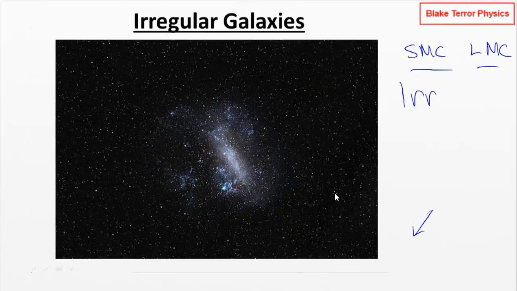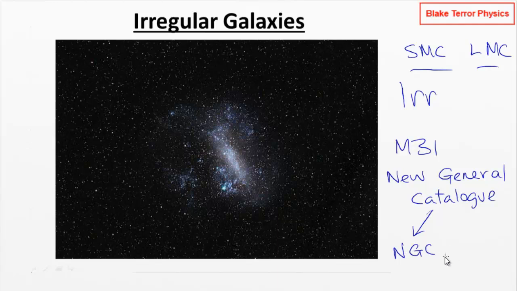So there you go. In terms of actually giving names, some of these galaxies have actual names, you know, Andromeda Galaxy, Pinwheel Galaxy, Whirlpool Galaxy, etc. The others I've been giving the Messier classifications to, your M31s, etc. You also get the New General Catalogue, which you'll come across a lot. That's where you'll see an NGC and then a number, quite often a 4-digit or 3-digit number after it.